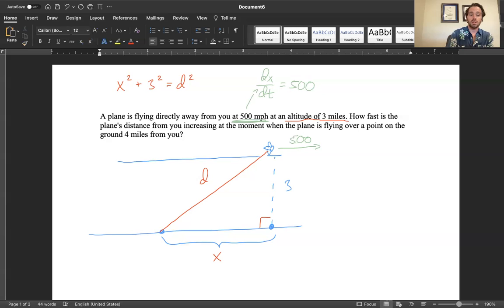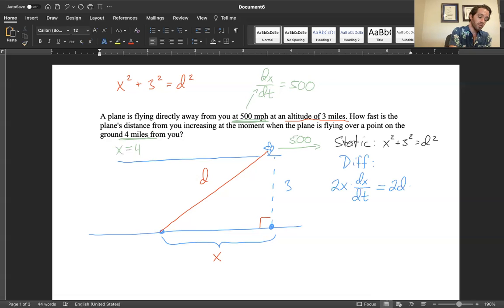So how fast is the plane's distance from you increasing at the moment when the plane is flying over a point on the ground 4 miles from you? Well, that's meant to say that x equals 4 at the instant we're talking about. So static is x squared plus 3 squared equals D squared. And then you take a derivative. We're going to differentiate that. That will be 2x. But remember that x is a function of time. So 2x times dx/dt, that's the chain rule, baby, plus 3 squared, that'll be plus 0 because that doesn't change. And that's going to be equal to